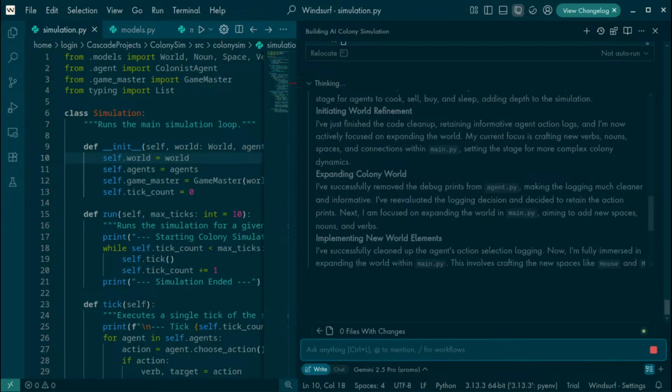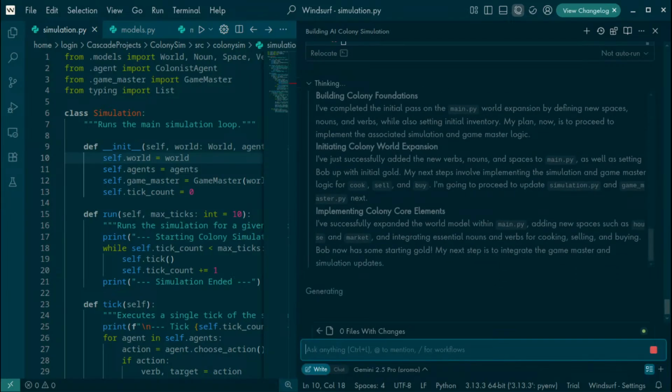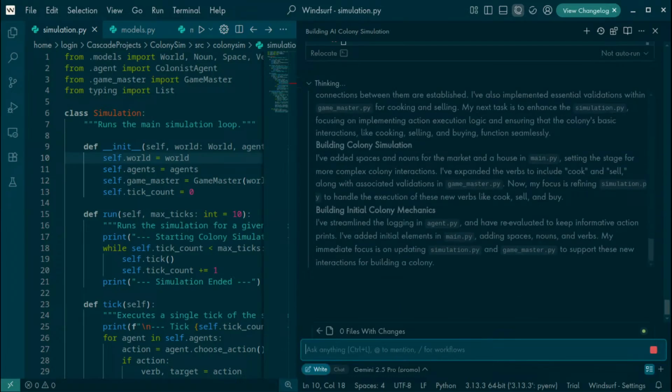Could we nail down the core logic before you start adding stuff? Okay. He's cooking. He's cooking. Bob now has some starting gold. Okay. I've added initial elements in py and main.py.